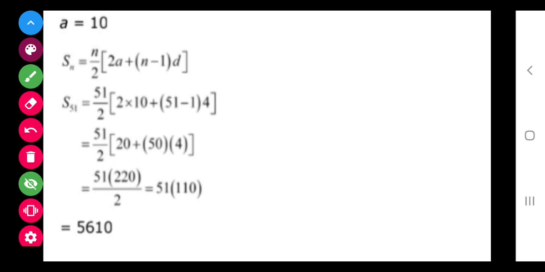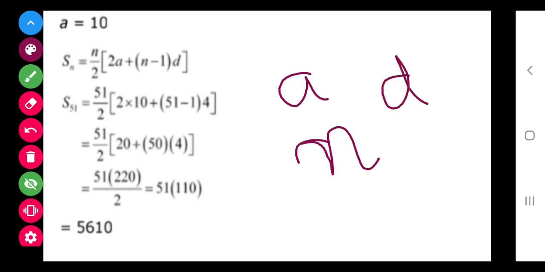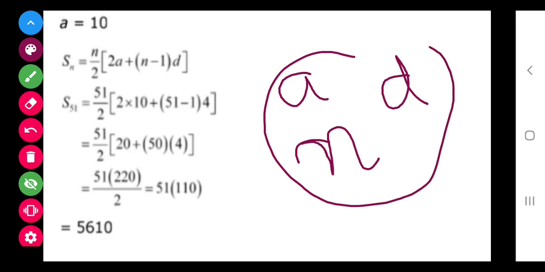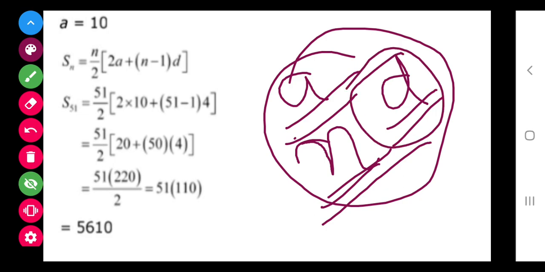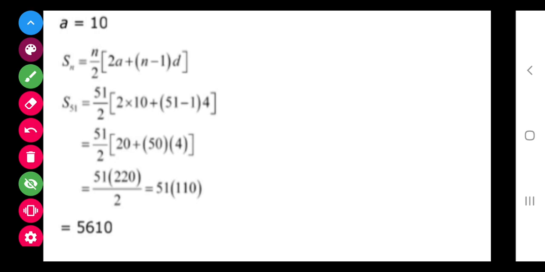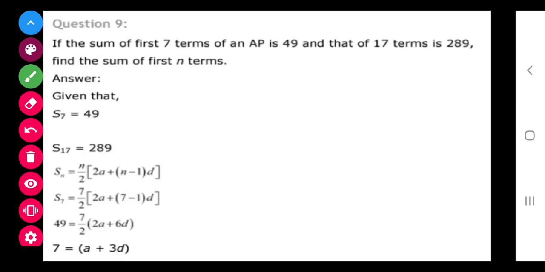So class, as I have told you previously, if we have to get the Sn or An, what parameters should we know? A, N, D, this much is enough to get the solution of anything. So we work for this only while solving any question. You should have in your mind: if these two are given, how to get this; if these two are given, how to get this. Whatever is given in the question, we determine this. In this way you have to make up your mind while solving these questions.